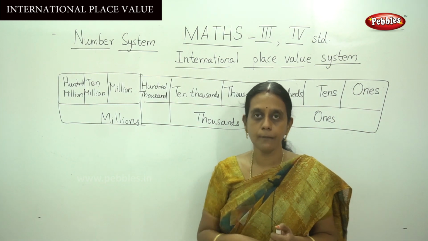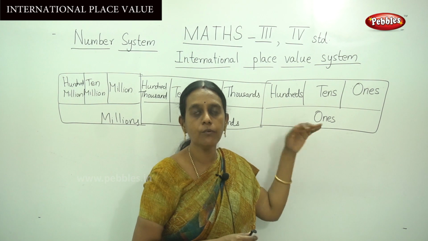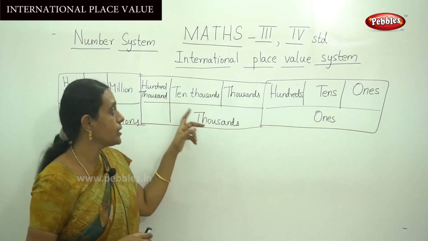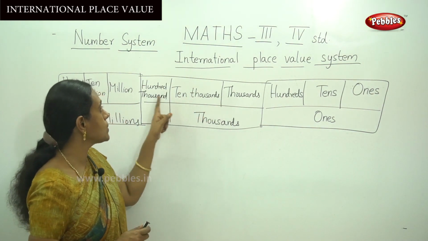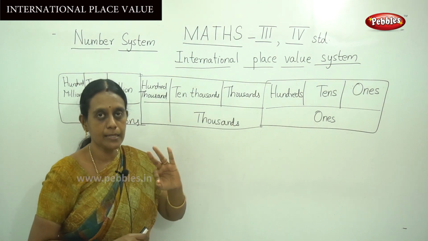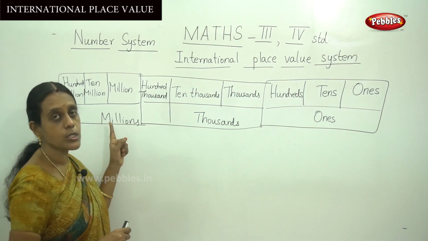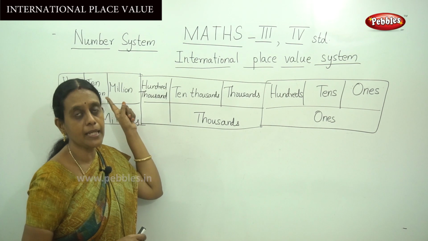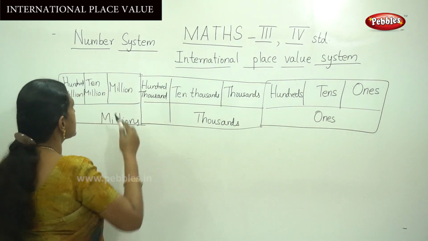Okay, do you understand? The ones column is similar to that of our Indian system. For the thousands column, we introduce the 100,000 column. So 1000, 10,000, 100,000. This is the thousands period. It also has 3 places. And this last one is millions. It also has 3 places: million, 10 million, 100 million. Okay, let me arrange another 6-digit number.